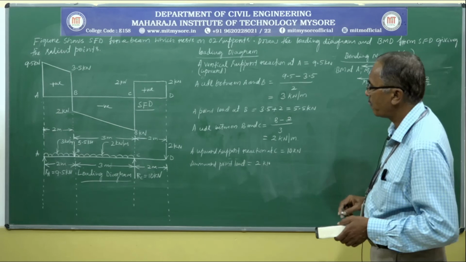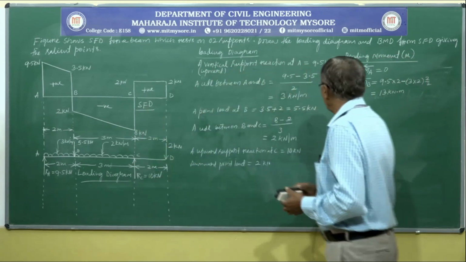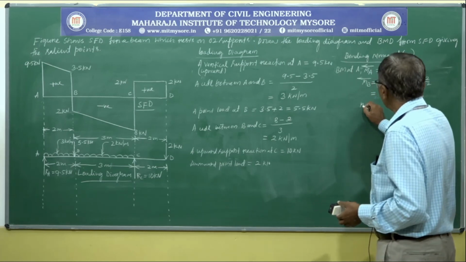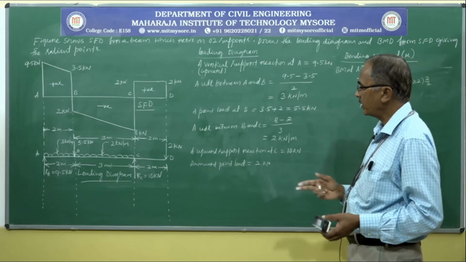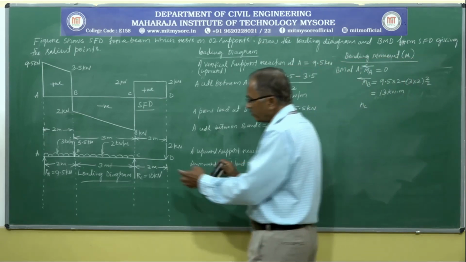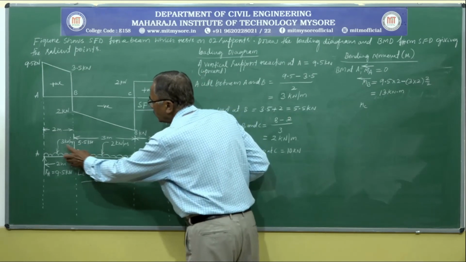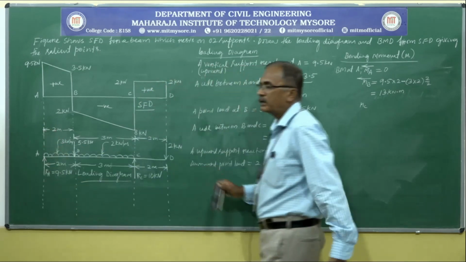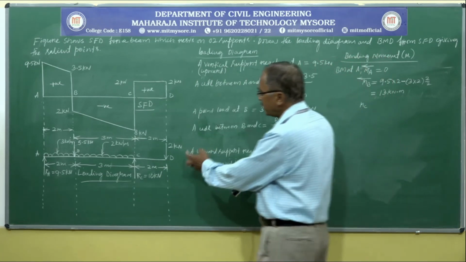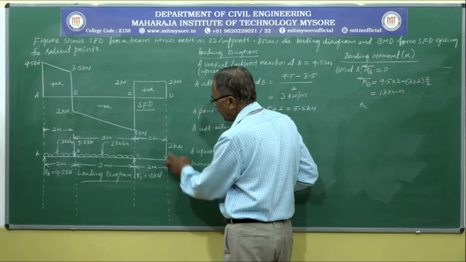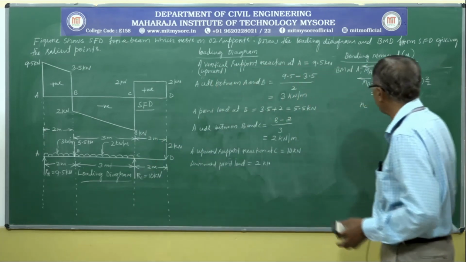Next, we can calculate bending moment at point C, MC. Here it is convenient to consider forces acting to the right hand side, because if you consider forces to the left hand side, reaction, UDL, point load, then another support reaction. Instead, if you consider the right hand side, there is only one point load acting in the downward direction. Of course, this reaction will not create any moment at point C.